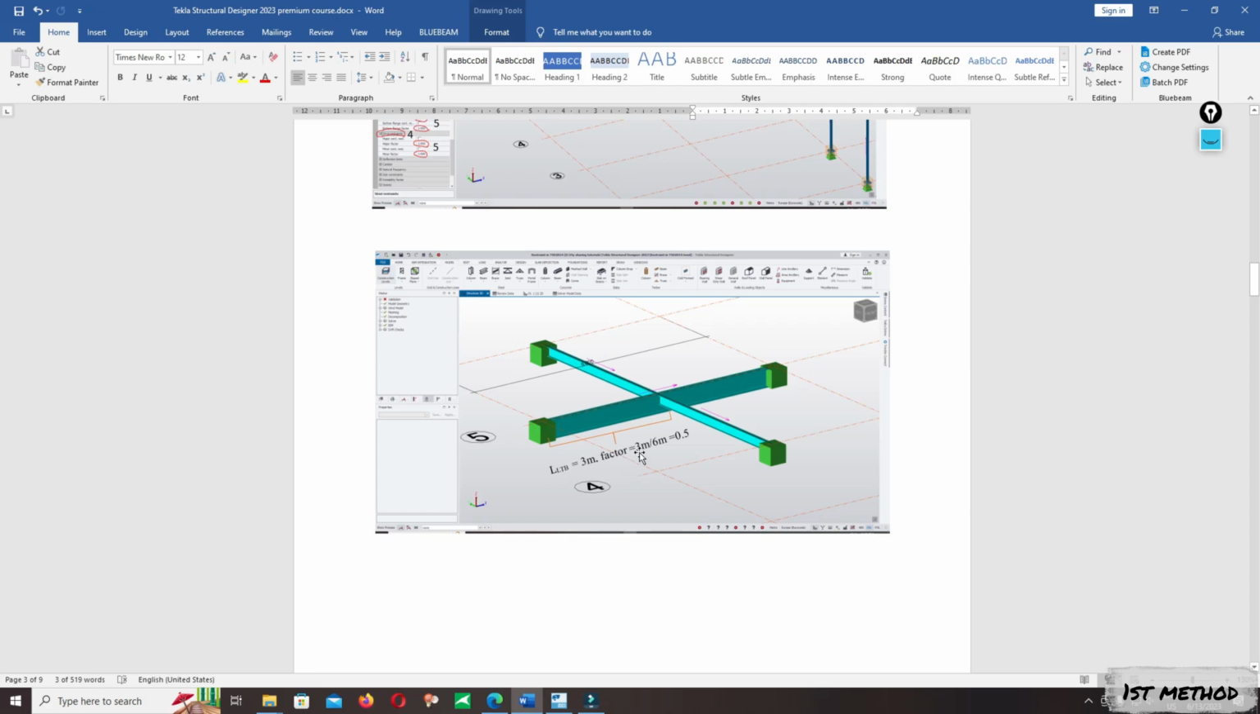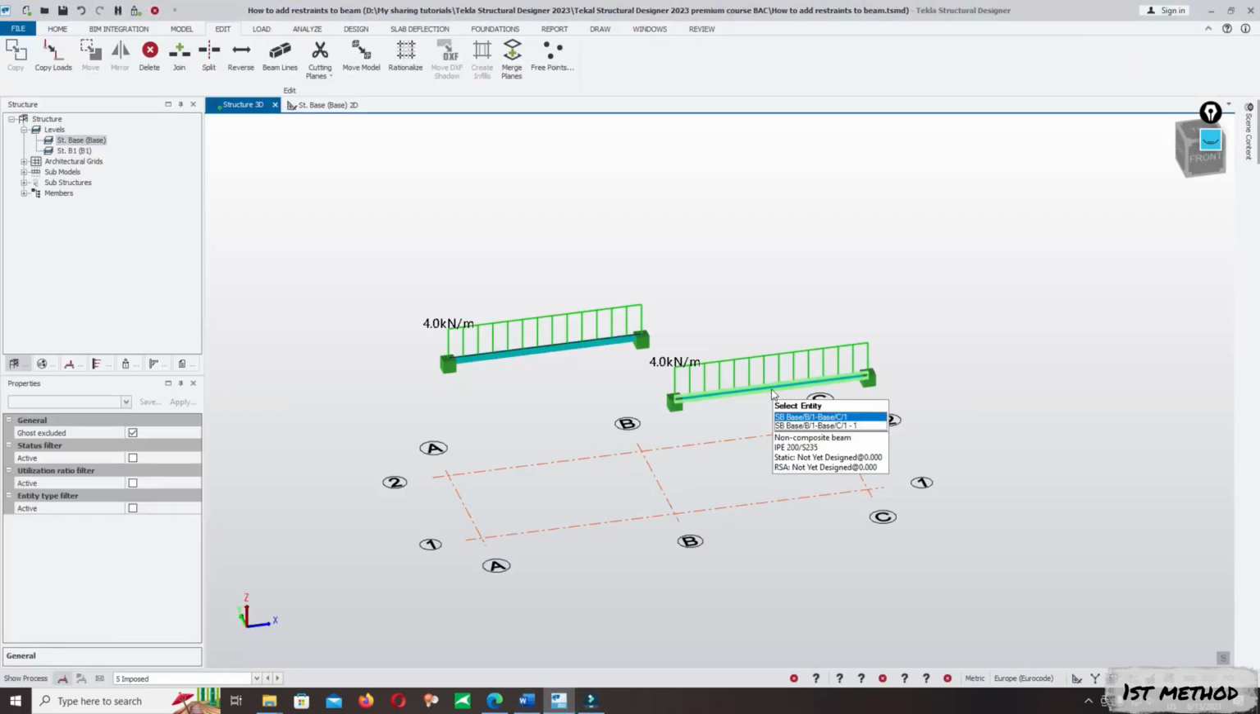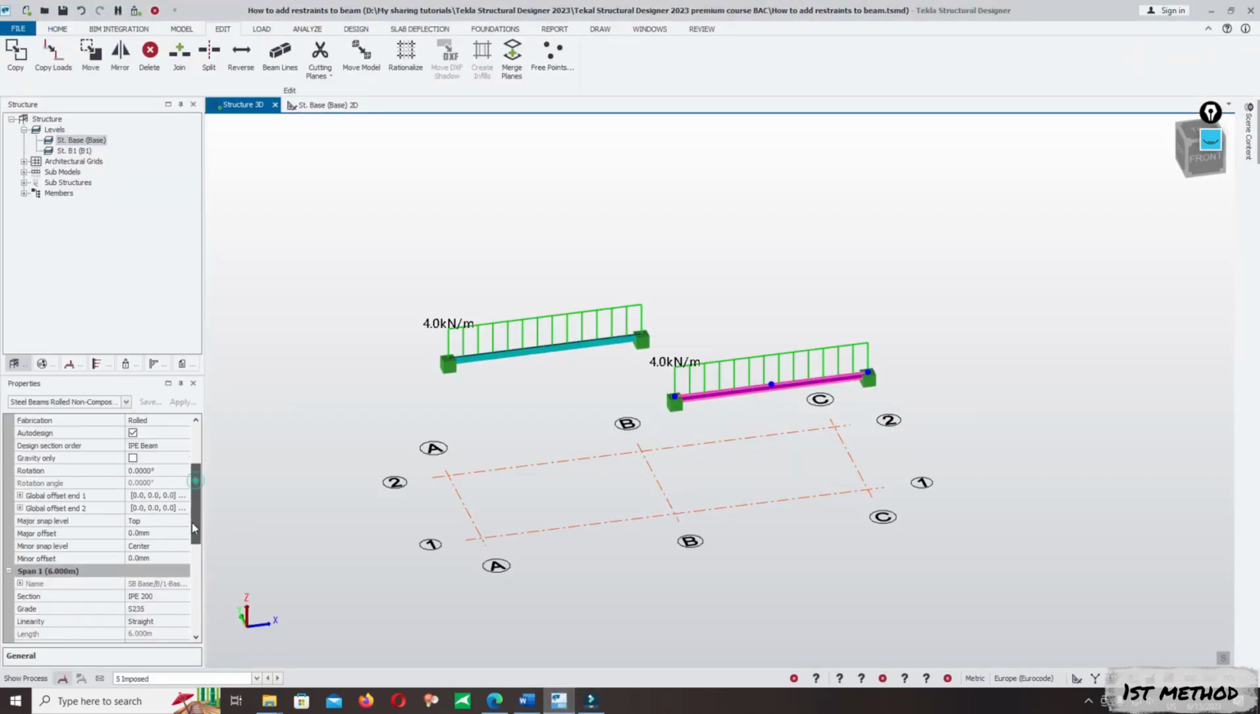And the factor is equal to 3, yeah, 3 length. The length of the restraint is 3 over 6, so the factor is 0.5. Come back. Now this beam we do not use the restraint. Okay, change it to